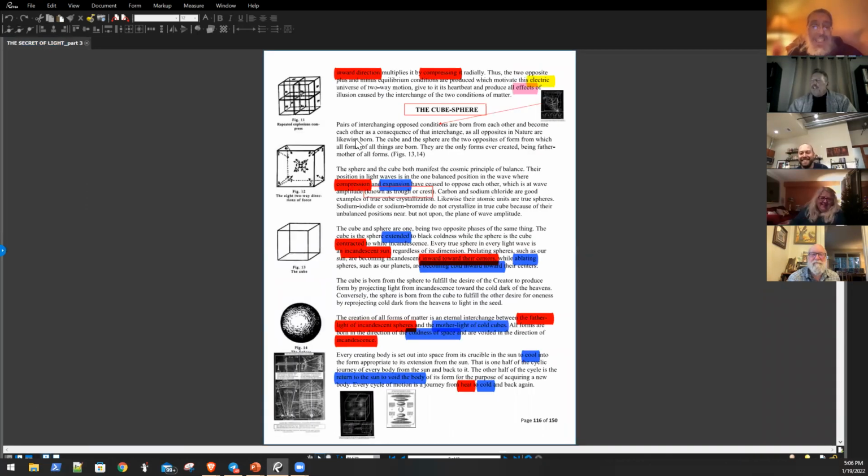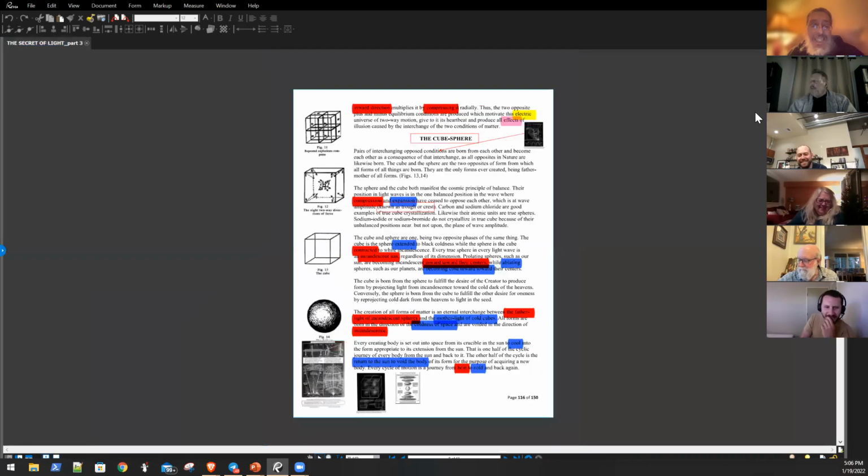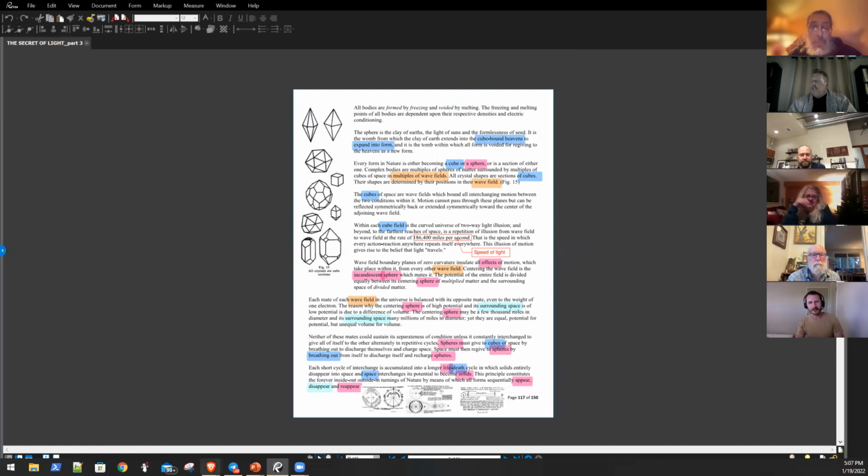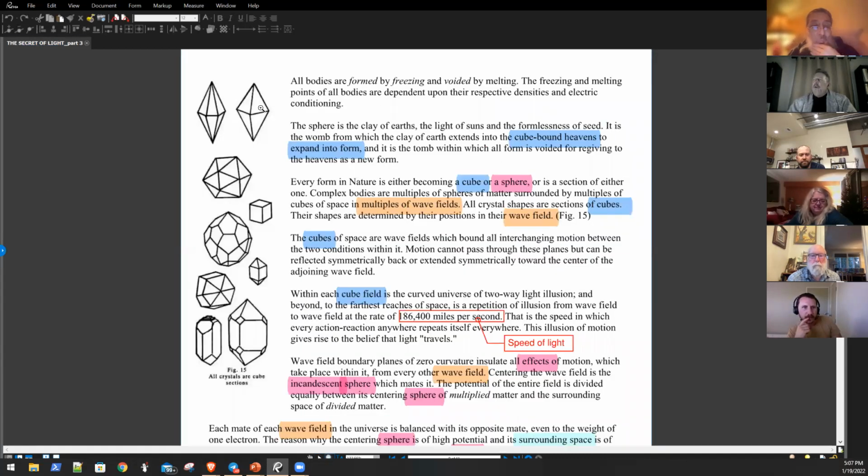Okay. So we talked a bit about the cubosphere. We talked a bit about how it comes into existence. Now we're actually going to look at geometric forms and the decahedron and so on. So all bodies are formed by freezing and voided by melting. As they proceed forth from the sun, they start from source, they go out and they begin to cool into planets. As the planets begin to heat, they begin to face the next phase of the wave,